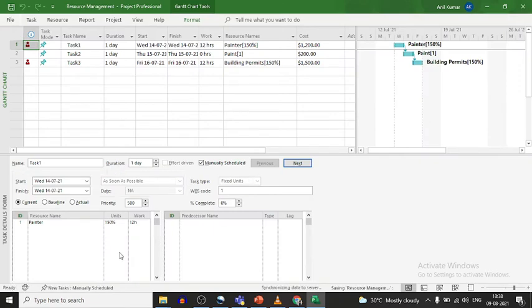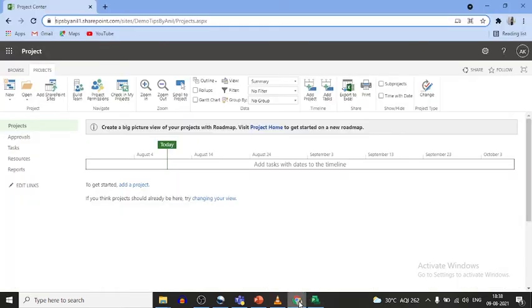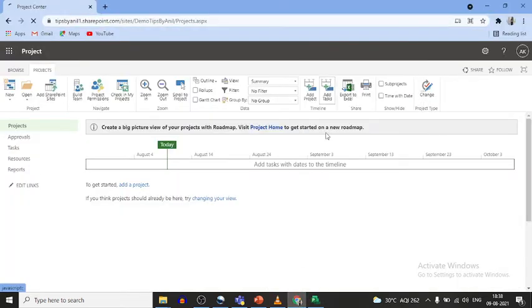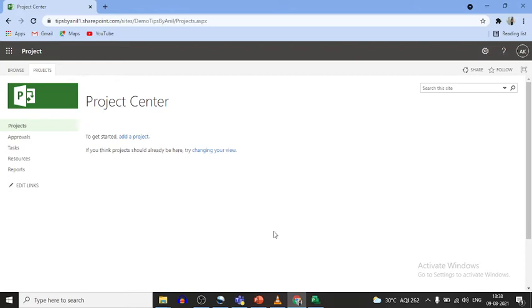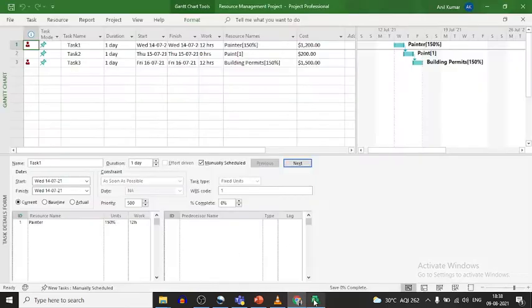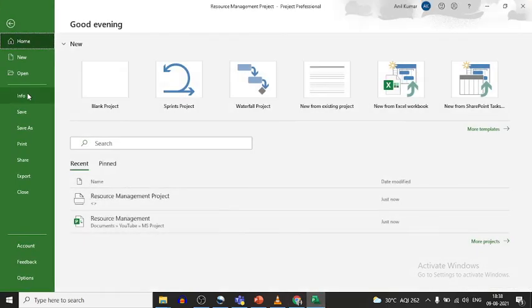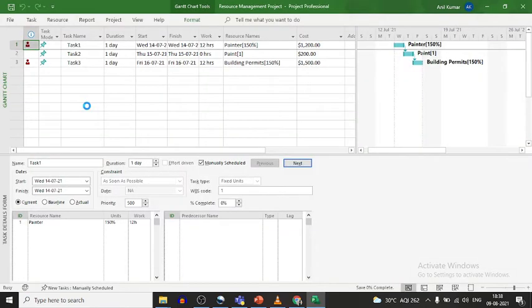Okay, so it's saved. Now if you go over here, you can see right now there is no project. Why? Because we have to publish the project. Go to Info and click on Publish project. It will take a few seconds. Save completed successfully and publishing 42% completed. Wait for a second, it will publish our project 100% in a few moments. In a few seconds, publish completed successfully.